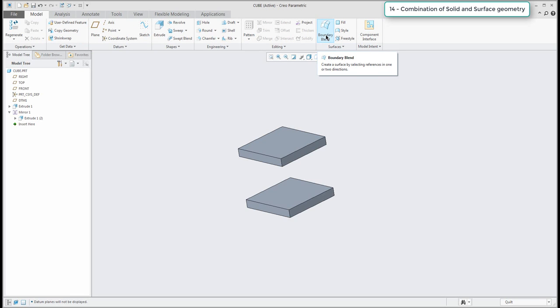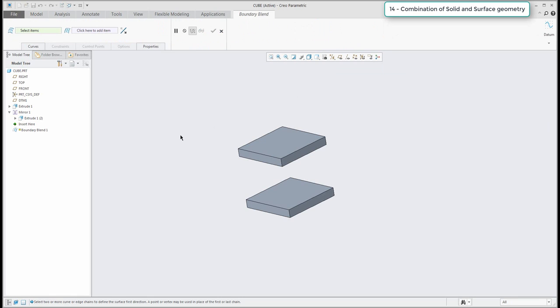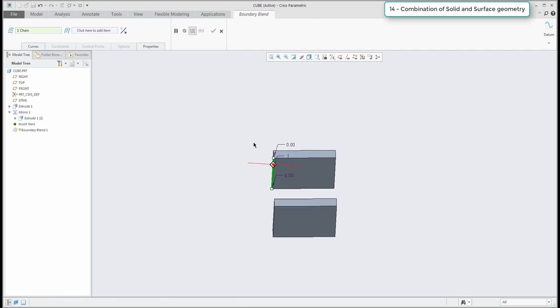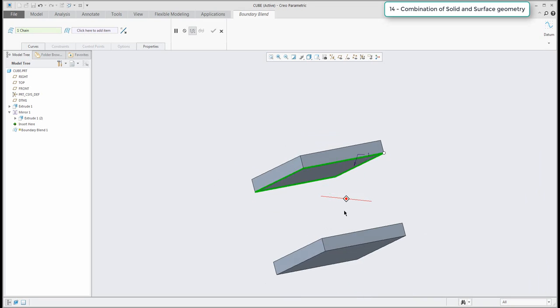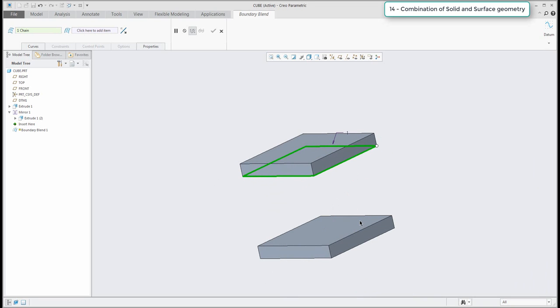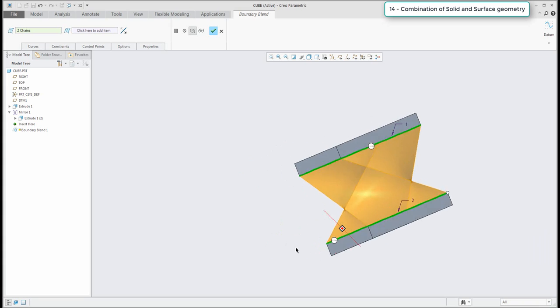So you can have a look here that right now it's a solid model. It's almost done, but we would like to continue, and I will select for the boundary blend all edges. If you select the first one and then with the shift button you select the surface, the system will create a loop. So this is the first one, and I will continue with the control button, select another edge,